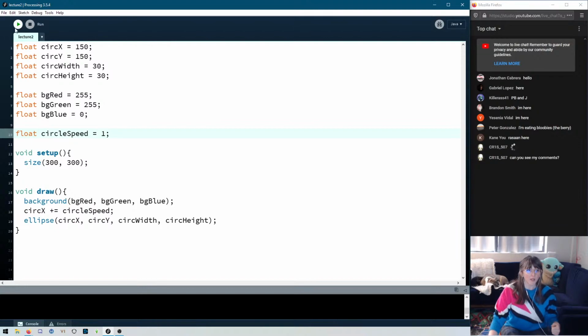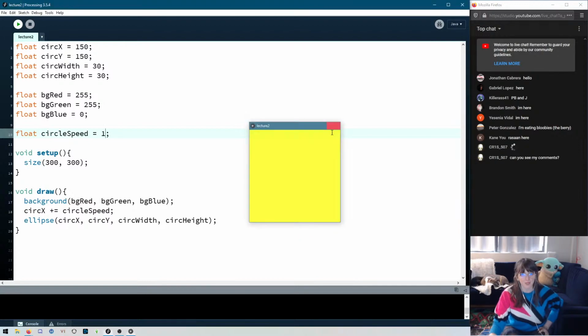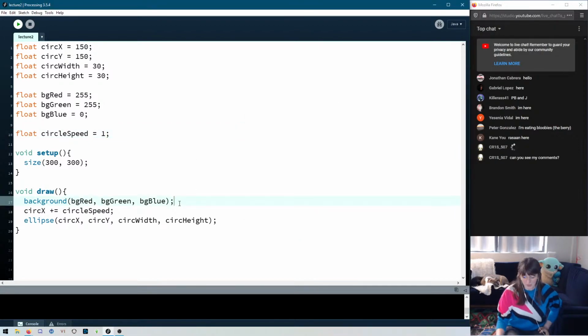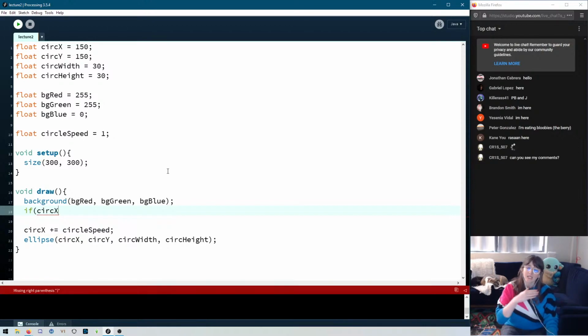So I want my circle to stop once it gets over to this side of the screen. Here's what I'm going to do. I'm going to make a new line here underneath line 17, because I want this to happen right after I change the background color. So I will say if circ x, because that is the x position of my circle that I'm changing every frame, if circ x is